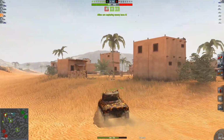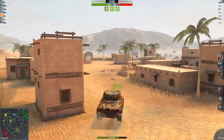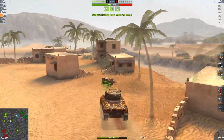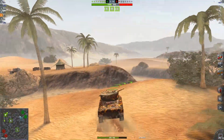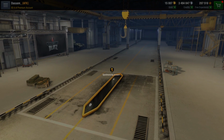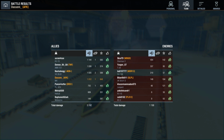Well, if I had to choose a gun to run the Sherman V with, I would choose the 6-pounder, just because it's different. With the 75mm, the Sherman V just feels like a nerfed M4. With the 6-pounder, it feels like a different tank. You have much more DPM, you have a super accurate gun. It's not as good as an M4 in my opinion, but it's